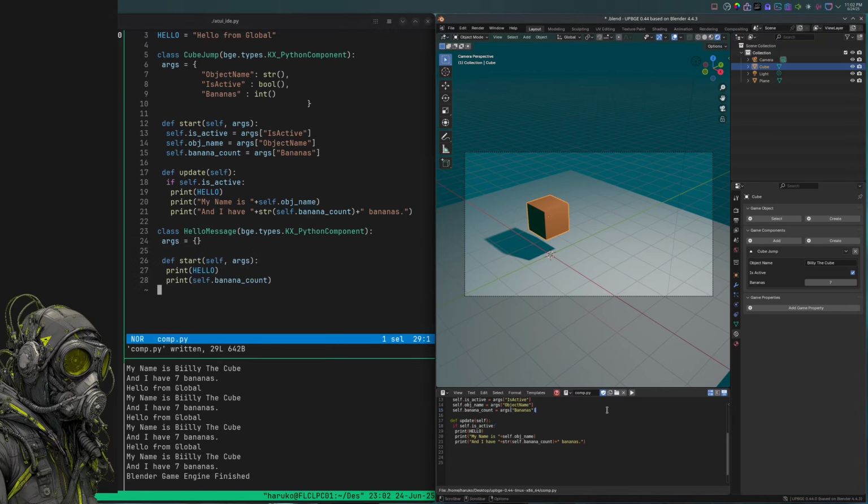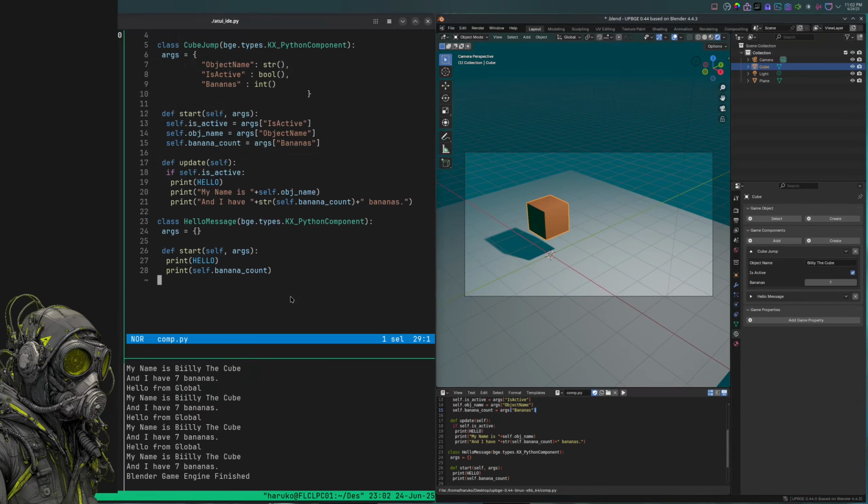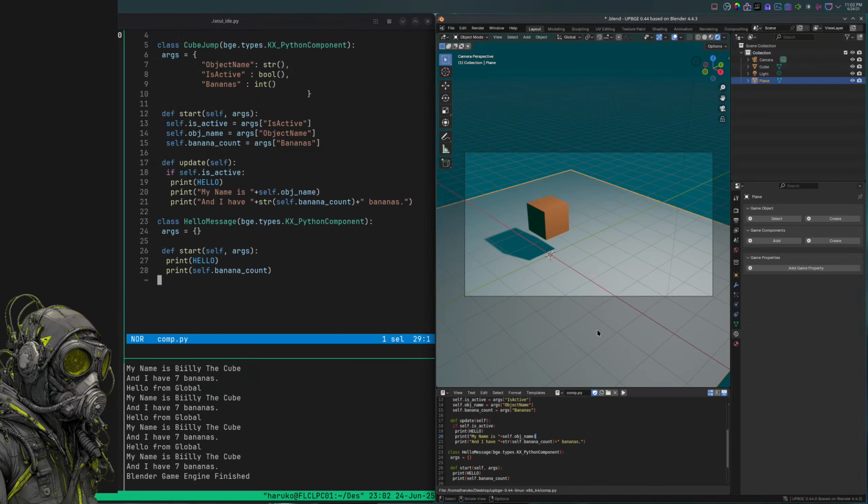And then to add this hello message component, after we reload, we go add, and then the component is going to be the name of our script, so comp.hello message. And now we have another component down here. And if I press play,